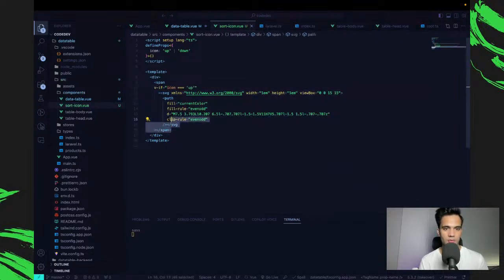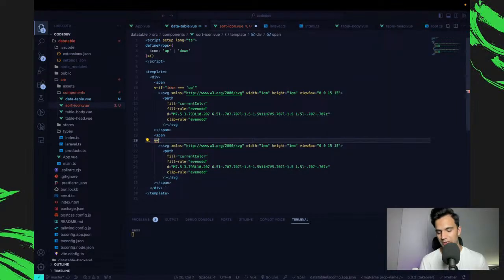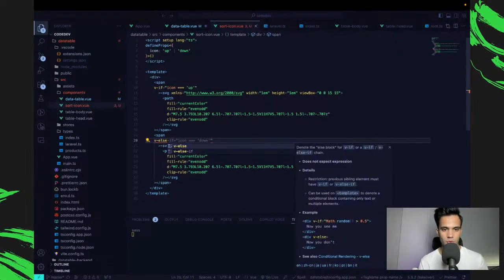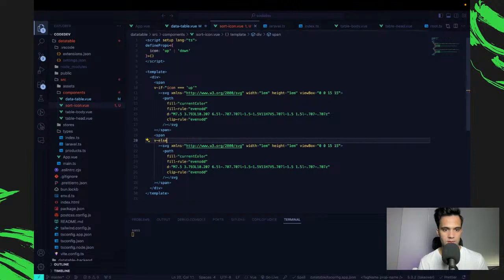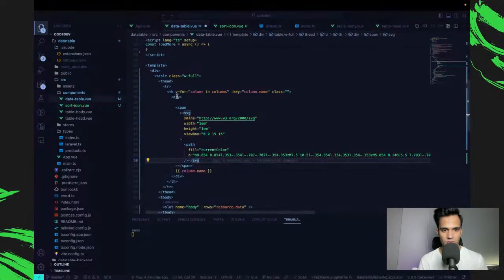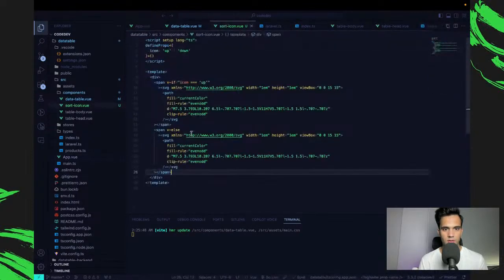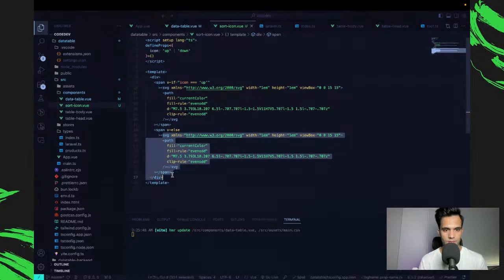And if it is down, I could simply say v-else here, because I know TypeScript won't let me do anything else. My auto formatting, I'll fix it actually, because it's really bugging me now. Otherwise, I'll display the other icon, which is this one. Let's grab the SVG and paste it in our sorting icons.